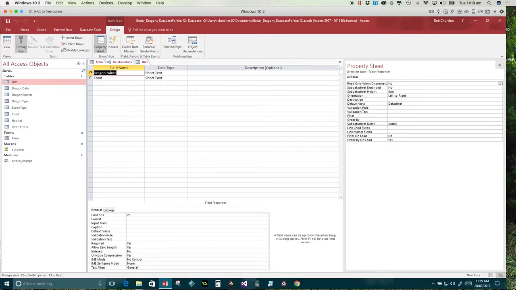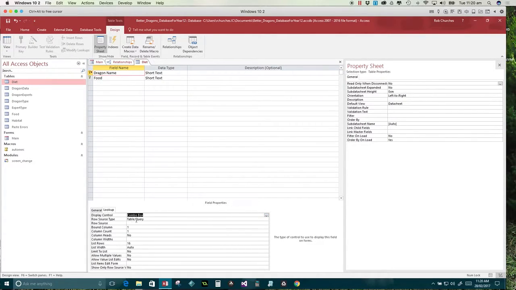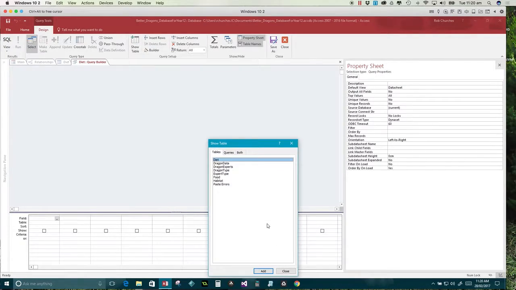Dragon name, lookup, and I choose combo box, and under combo box I like table query at this time. And this is where we're going to choose the source table. Okay, and we're sucking, I call it sucking out, there's probably a better word for it. But we're sucking out,